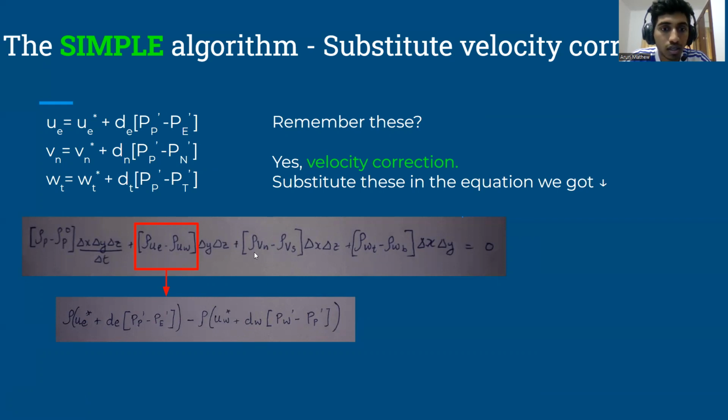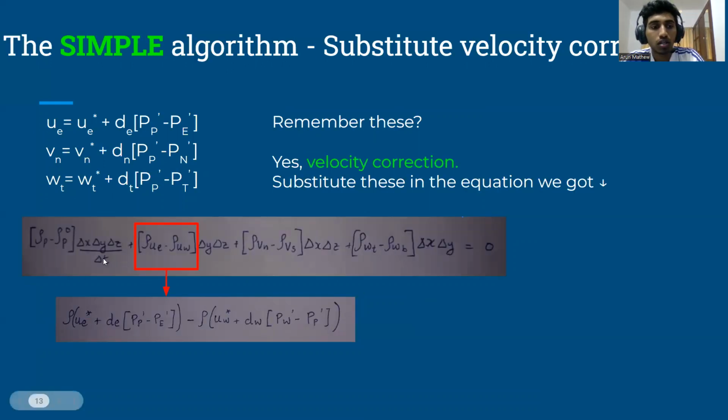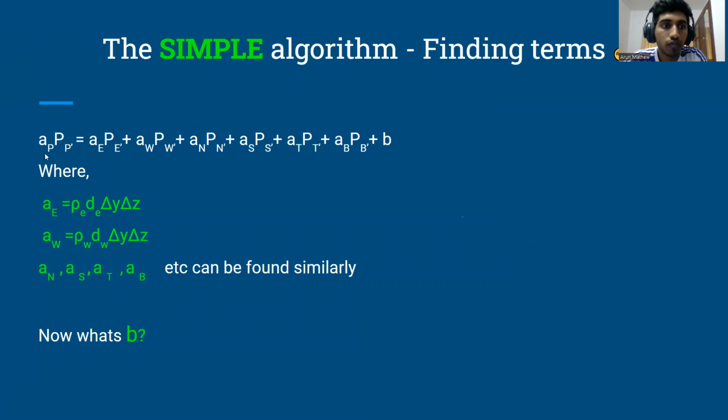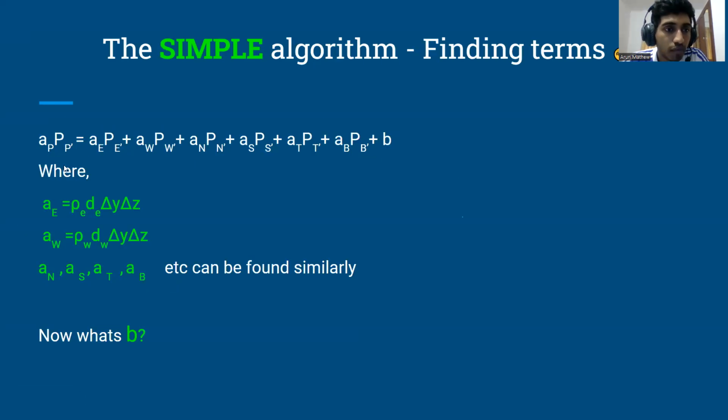We can write in the y and z direction, but it will be similar to this, so I am not writing it. When we express the whole equation like this, and substitute the values of ue, vn, and wt, we will get an expression similar to AP PP dash equal to AE PE dash plus AW PW dash plus AN PN dash plus AS PS dash plus AT PT dash plus AB PB dash plus B, where AE can be found out to be